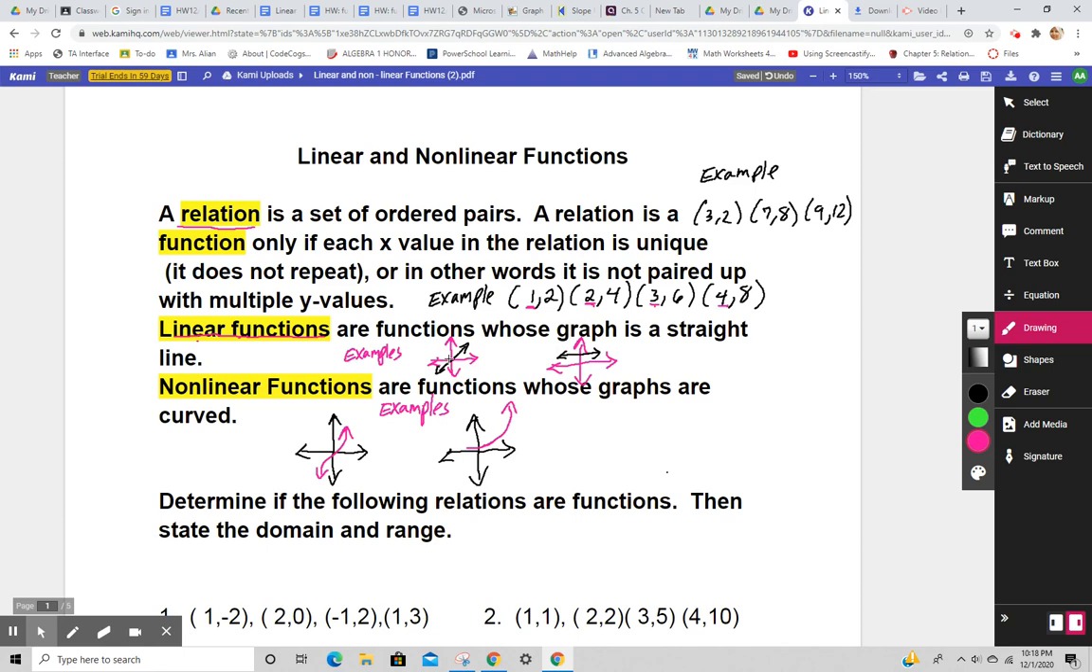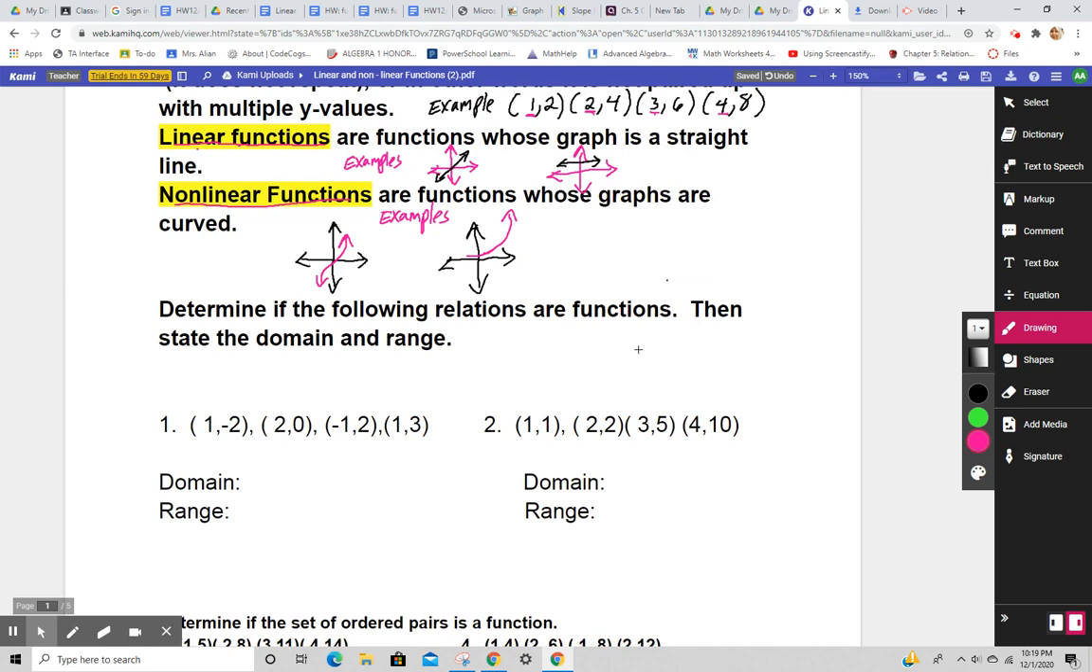This is a linear function. A nonlinear function is a function that gives us a graph that has a curve. So here's an example, and here's an example, and there will be others that we will look at. Okay, so let's go ahead and start looking at these relations and determine if these relations are functions or just